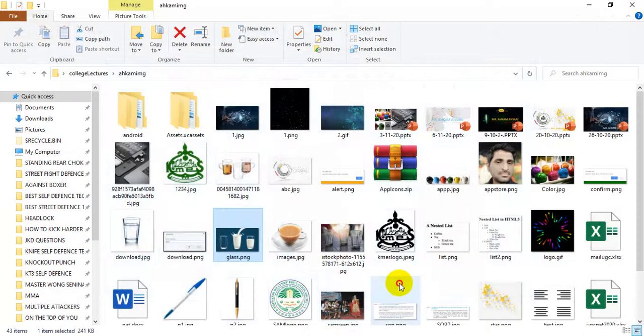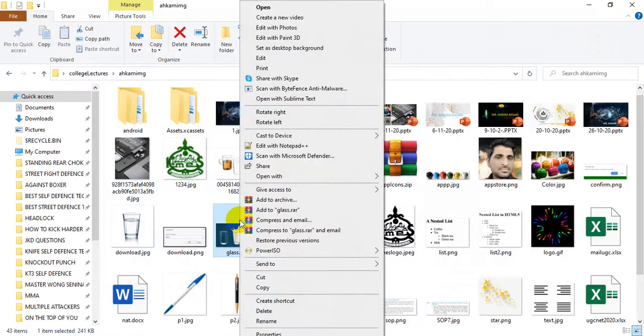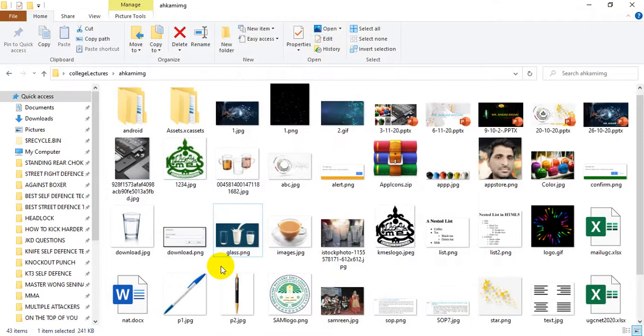Okay, so how to add? First you have to go and select that image file which you want to insert. Again, students, I am going to tell you the steps for how we can insert an image. Just go on that particular image and right click on that. Again I am telling you, because most of the time you make mistakes inserting an image, because you don't know the procedure. You have the image, you have your HTML file, you know you need an img tag, but you don't know how to take the address of that particular image.